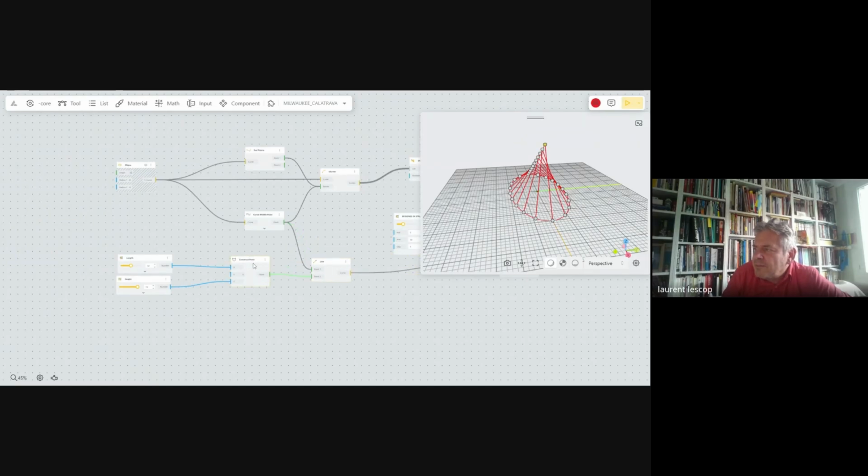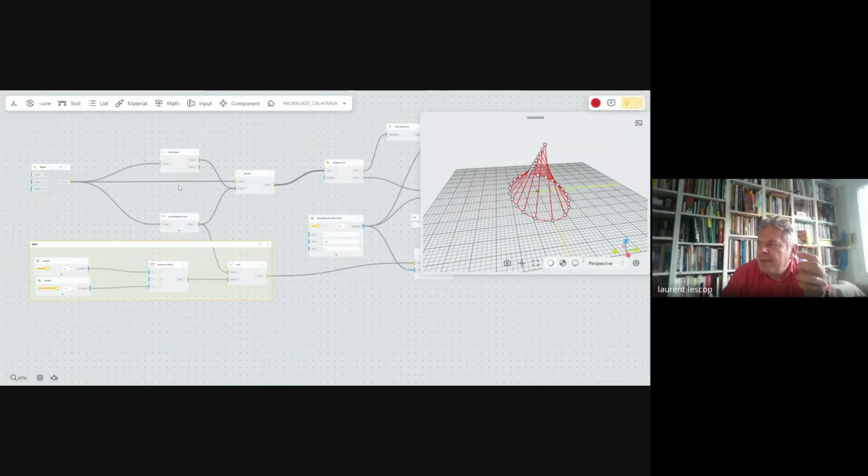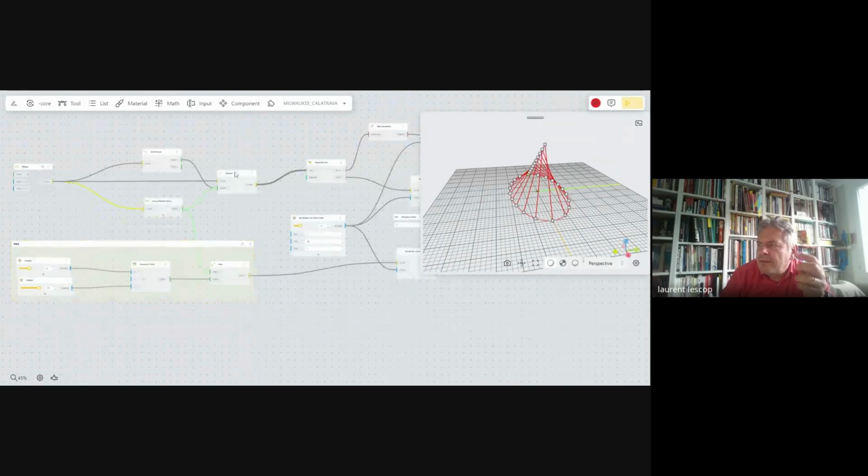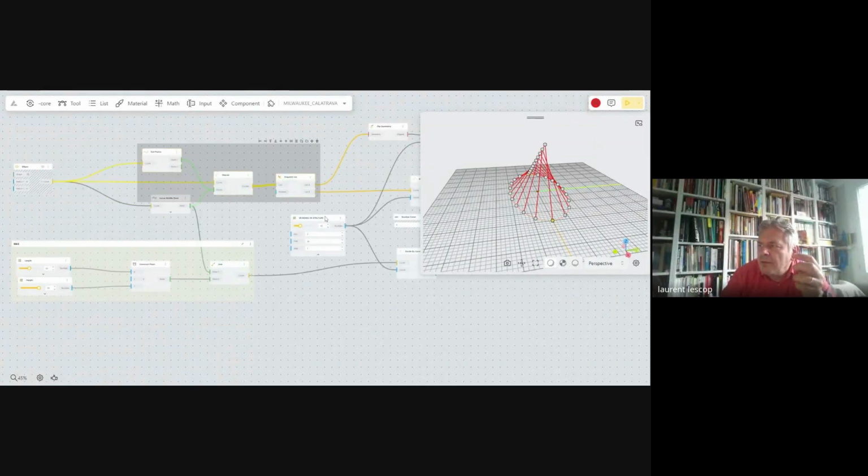I will make a group and name it mass. Ellipse, I will leave it this way, and then it's going to be dispatch.